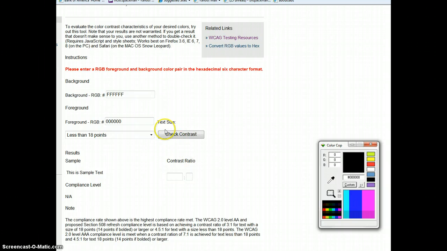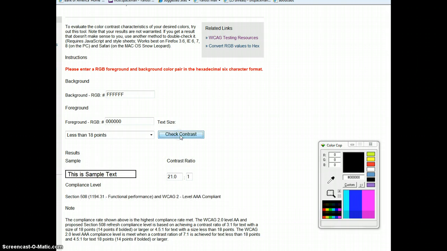So when these numbers are plugged in, the black in the foreground and the white in the background, and you check the contrast, it gives a 21:1 ratio, which is actually very good, and it's in the compliance level. Now, let's just kind of change up colors here a little bit. We'll go with